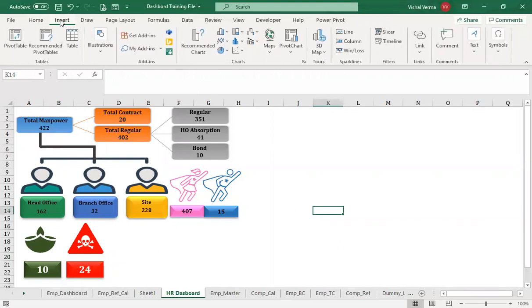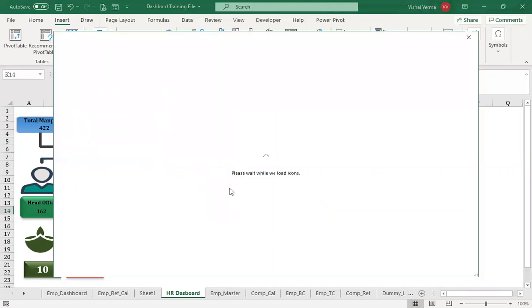Let's insert some pictures here. Let's go for icons.